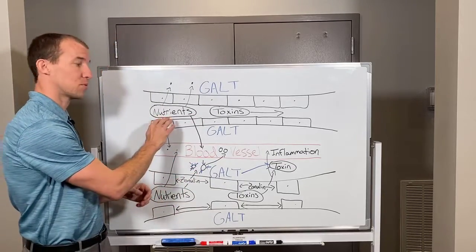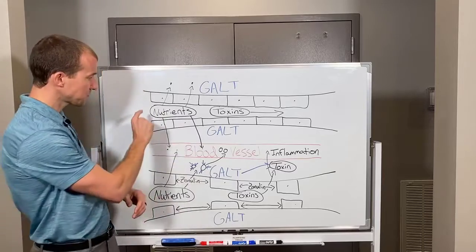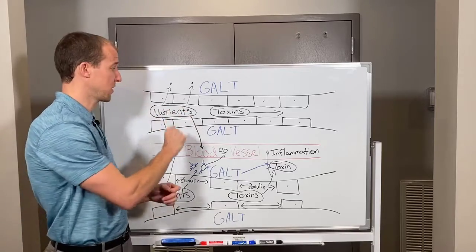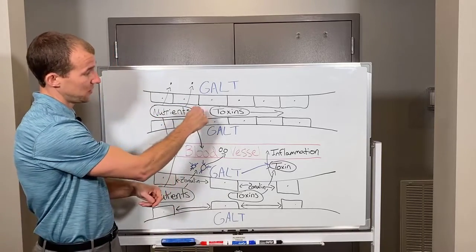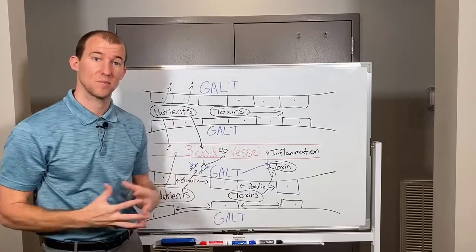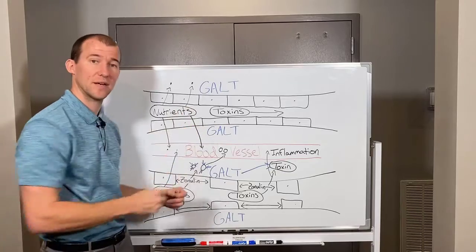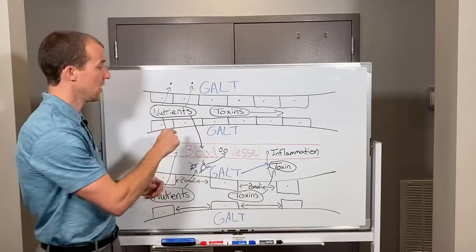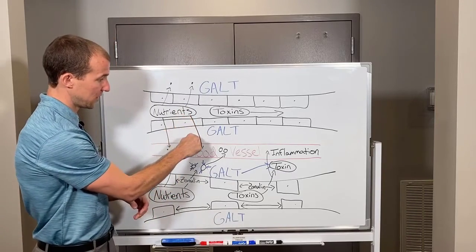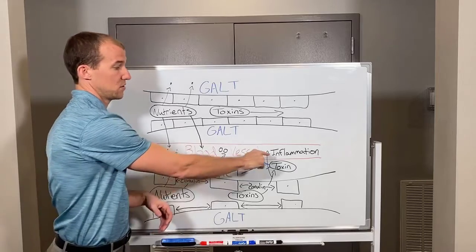When we eat protein, carbs, and fats, those nutrients get broken down by enzymes released by the cells within the stomach and the small and large intestine. Those nutrients pass through the cells of the digestive system. It's normal for them to go through the digestive system, and then enter the blood system to